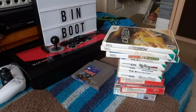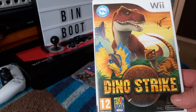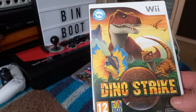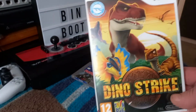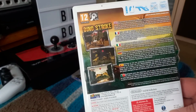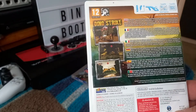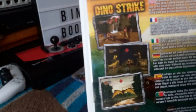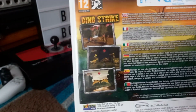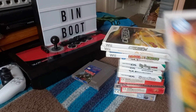And then this one I used CEX vouchers for, but I don't believe it's in stock now. I think it's out of stock. And I think there's only like 1 or 2 on eBay. And then the cheapest is like £45. And I think I paid about 15, something like that for it. And it is just a shooter, an arcade-like gun game for the Wii. So yeah, I've sort of been slowly ticking light gun games off, shooting games, sort of going for a bit of a subset, and this is one that sort of intrigued me,